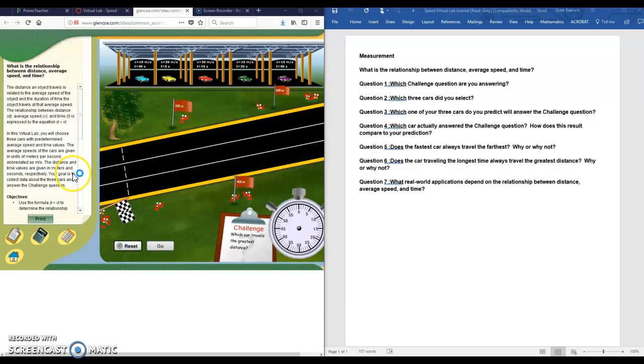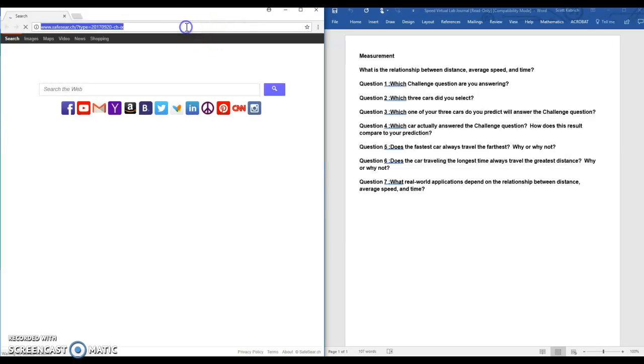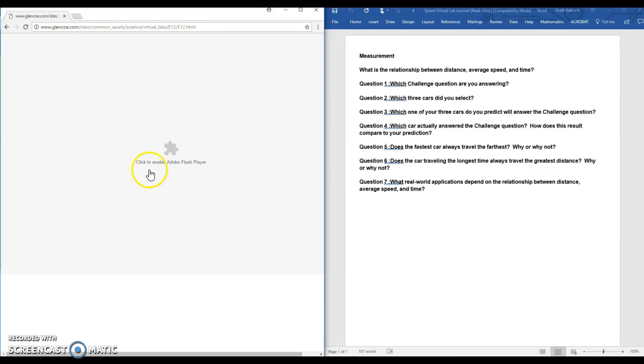Google Chrome, there we go. Open up Google Chrome here. I'm going to paste this address in here, and see, I have to click Enable Adobe Flash Player on Chrome as well. So once I click on that, I allow it,